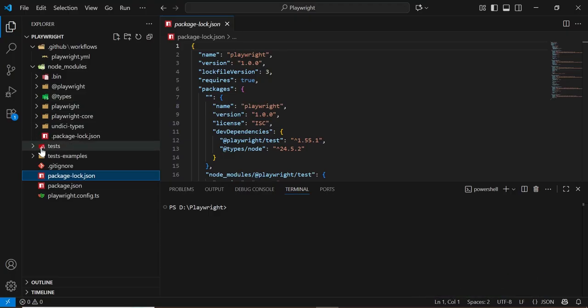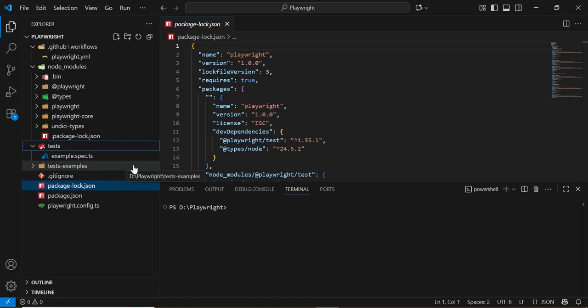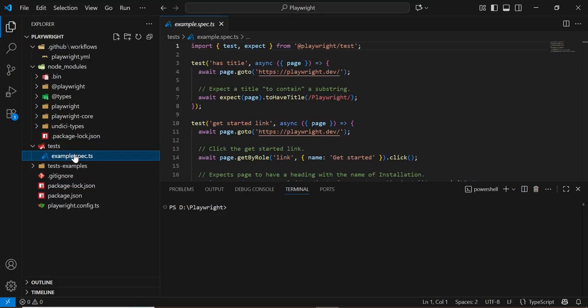Test folder. Your main folder where you write test cases. You can organize tests by features or modules for easy management. Here you can view an example inside this folder. Here inside this folder, you write the